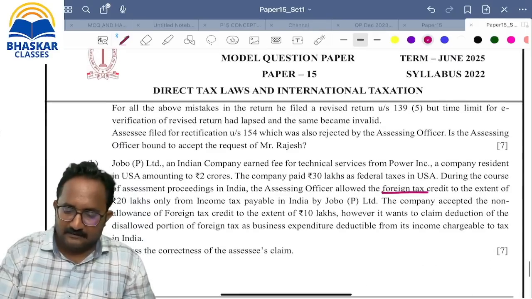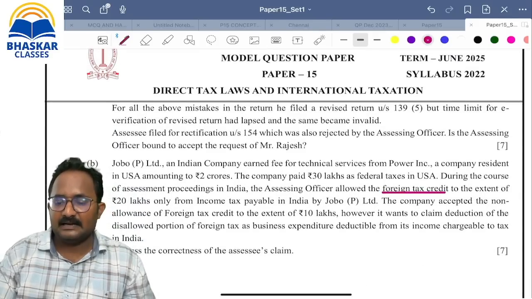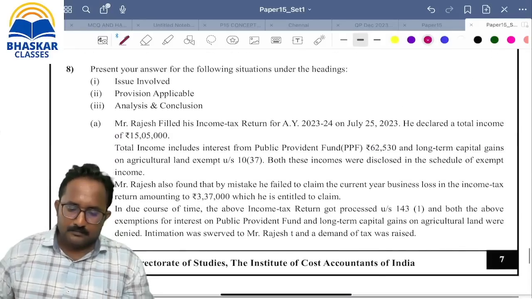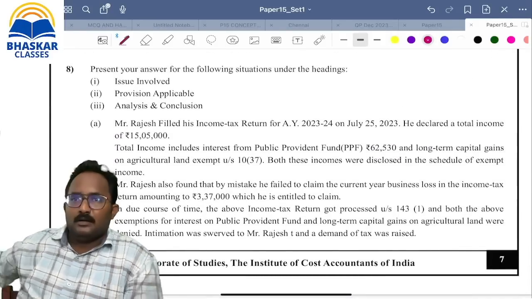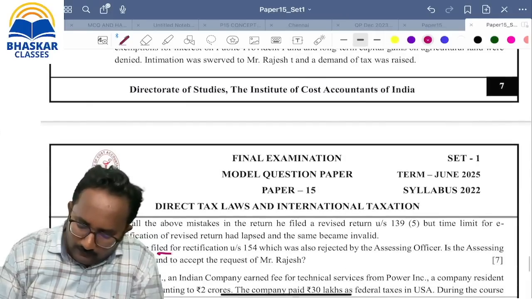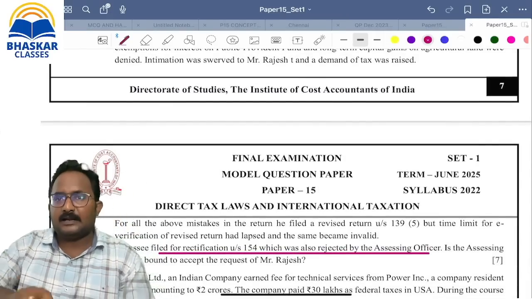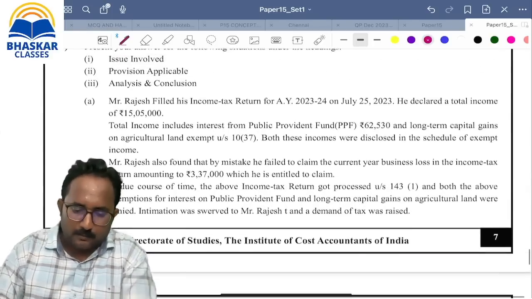This is FTC related, I will explain tomorrow. FTC, foreign tax credit related, and along with the PCPP we have to discuss. And we can try this question normally. This is a generally given question, but related to 154. Okay, 154. I will study here for 2 minutes. Just read the question properly.